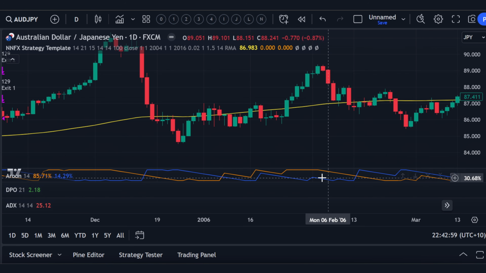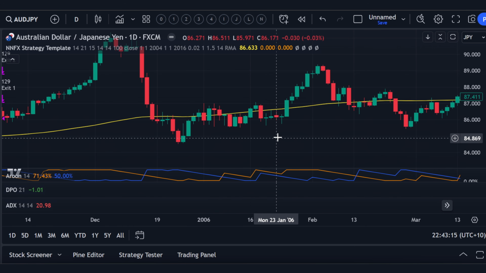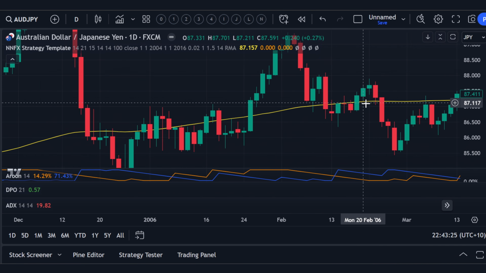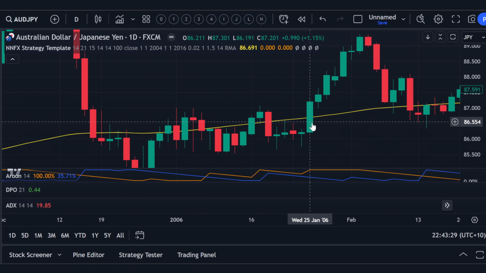So our first trigger is a trigger condition of our Aroon indicator, a crossover or cross under of the Aroon. However, another way of triggering a trade is when the price crosses above or below the baseline, as shown here. If I zoom in on this example, we can see that we have a large candle that has crossed